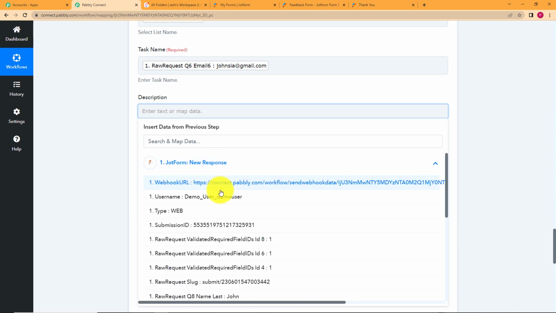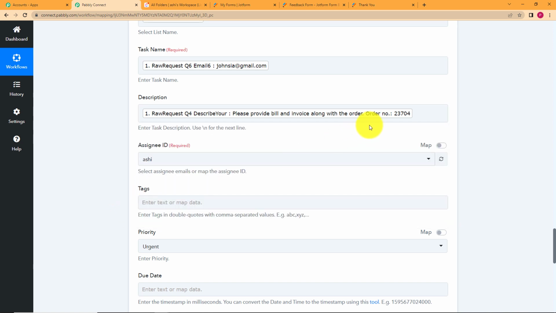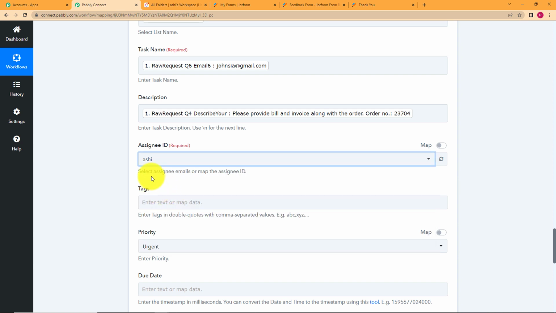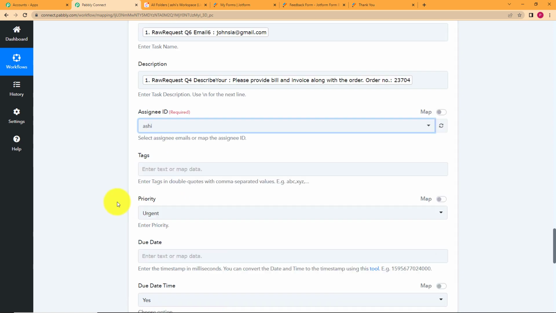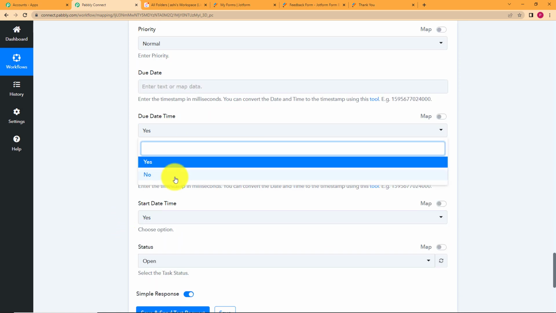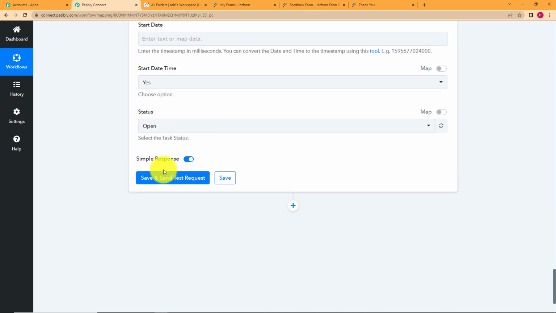Now comes the description. So the description is going to be what? The important data, that what was the suggestion actually. So it was the suggestion that please provide bill and invoice along with the order, and the order number is also given. Now you can assign it to somebody in your ClickUp space only. So I'm assigning it to this person. No tags, setting the priority back to normal, and no due date. Just choose no over here because no due date is required for this purpose, and